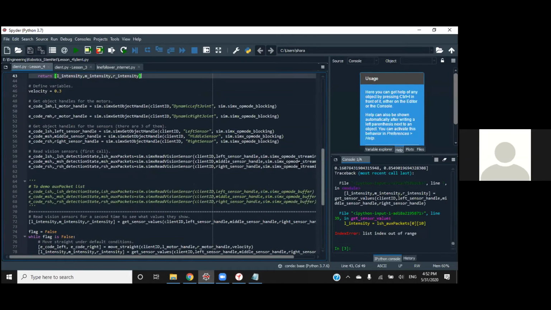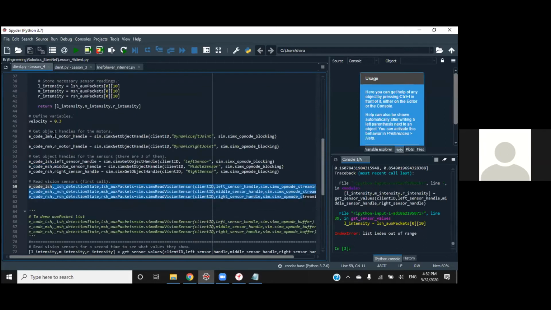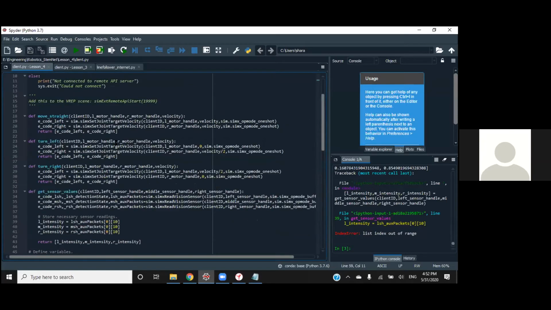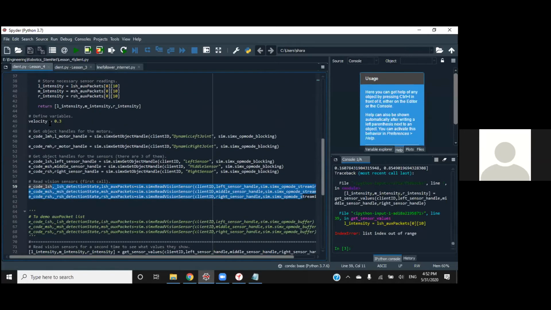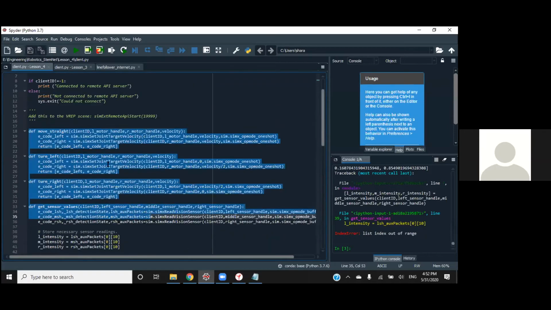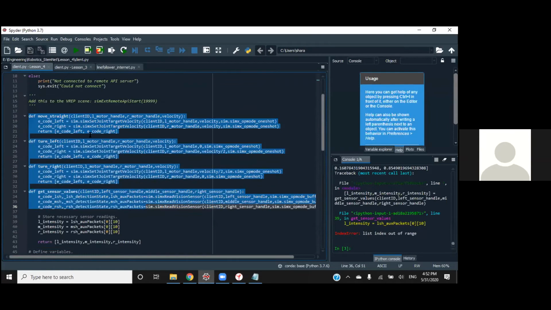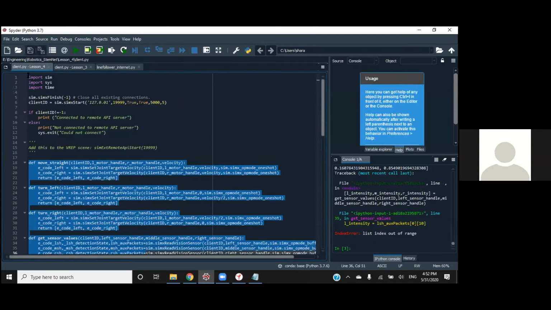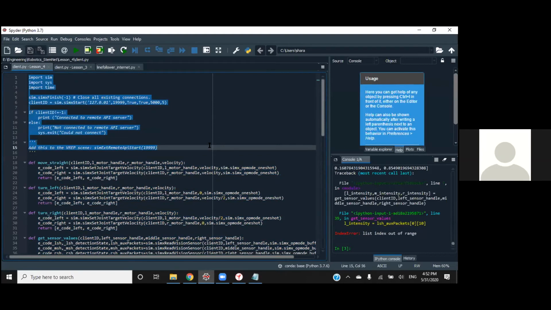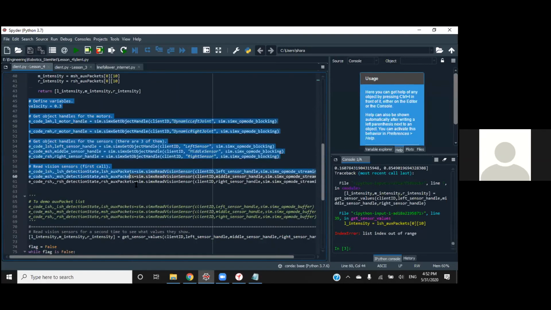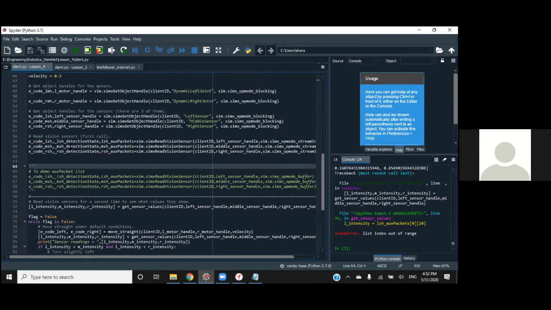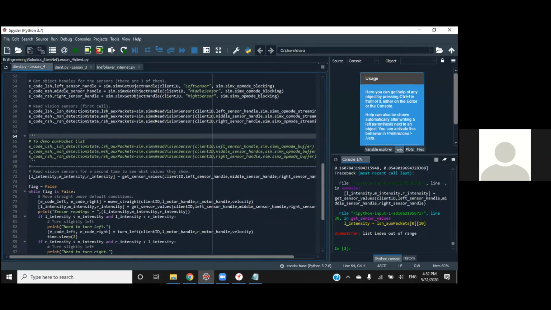All right, so now we have our user-defined functions, which we will call later on. When you first run this code, these won't get called initially because you've not called these functions, you just define them. So first, this step will get executed, then it'll go here. And then once you call your vision sensor the first time,